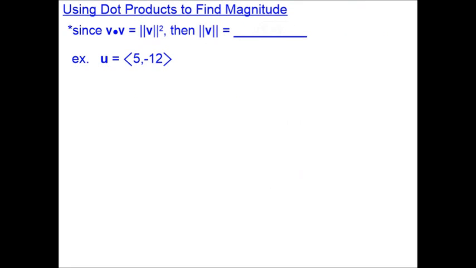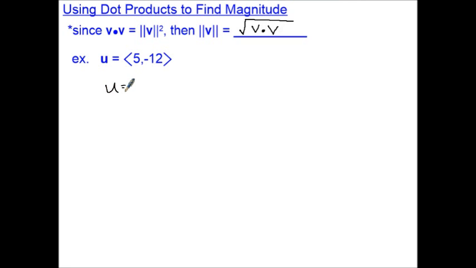Alrighty, the second's up. Now we're going to be using dot products to find magnitude. Again, that little property we just mentioned: if I take the dot product, it's the same thing as the magnitude squared. Well, basically take the square root of both sides of this, so another way of doing the magnitude is going to be simply the square root of the dot product of a vector with itself. Now, instead of doing the Pythagorean theorem formula,